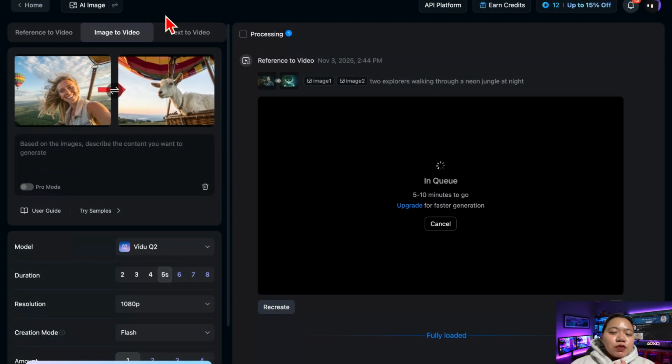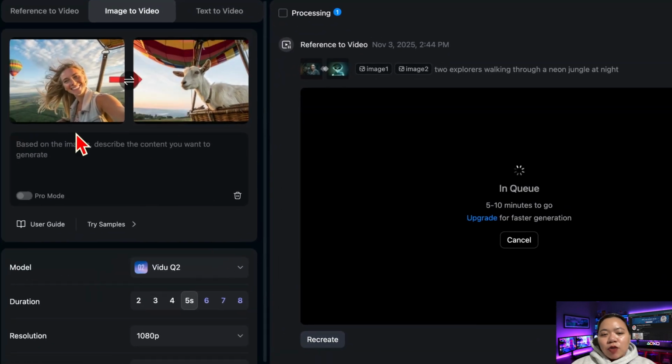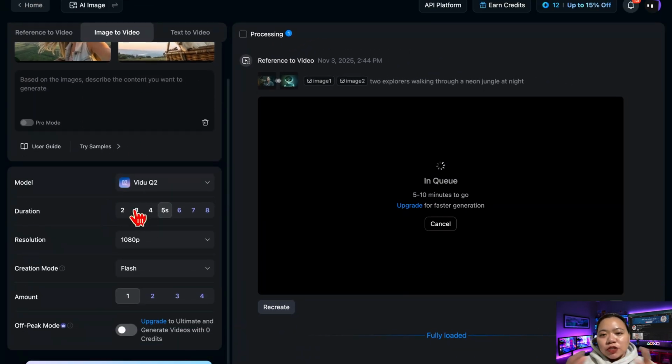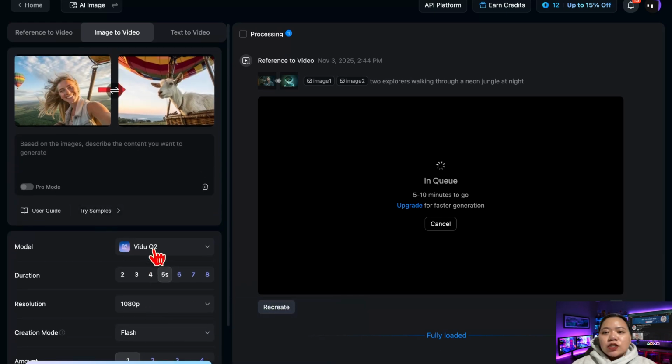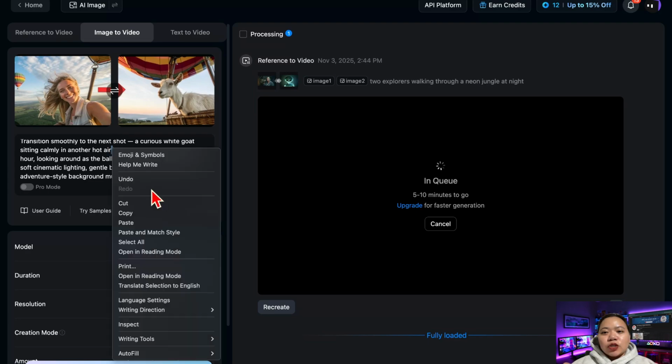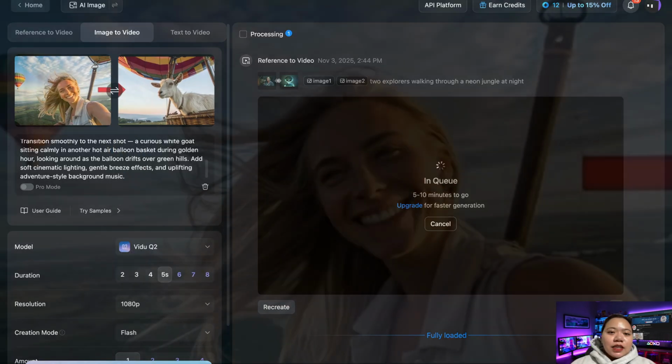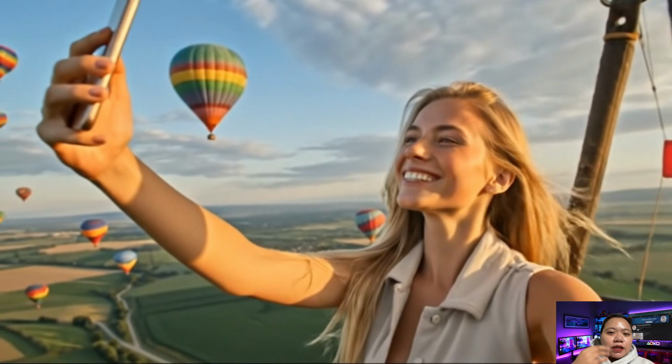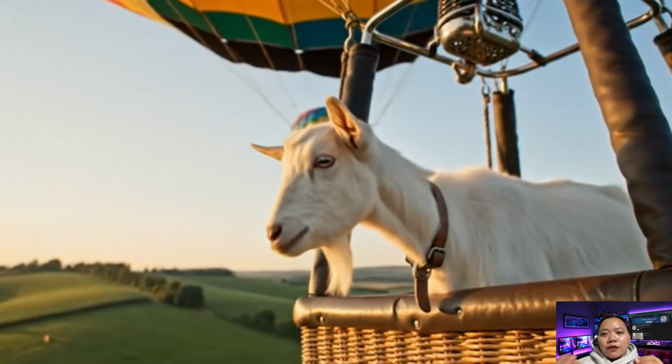The new image to video engine inside Q2 brings massive upgrades. So it now delivers rock solid coherence, sharper transitions, and complete control over duration. You can choose exactly how long your scene runs, from short 3-second moments to extended 8-second cinematic sequences. You can even lock your first and last frames as anchors, and the AI intelligently animates everything in between, giving you that smooth storytelling flow that used to take hours of keyframing.